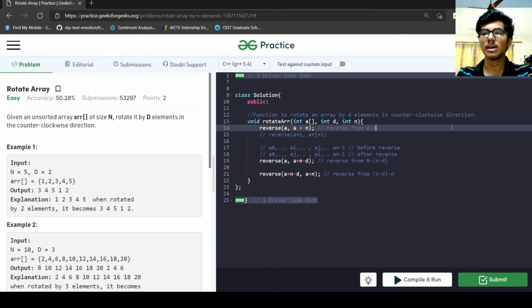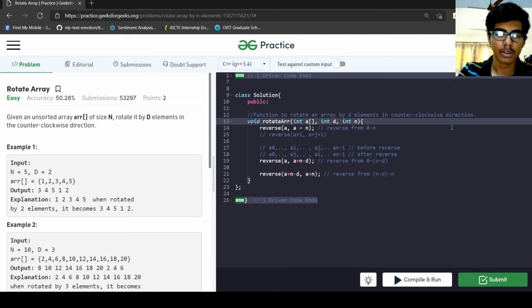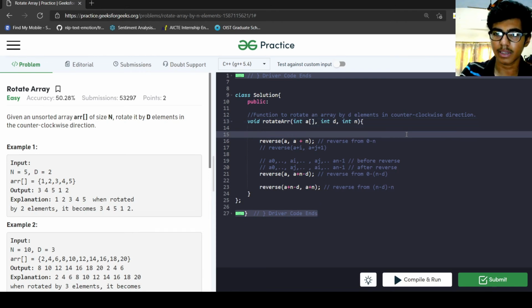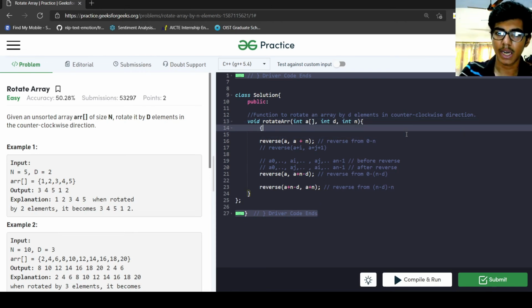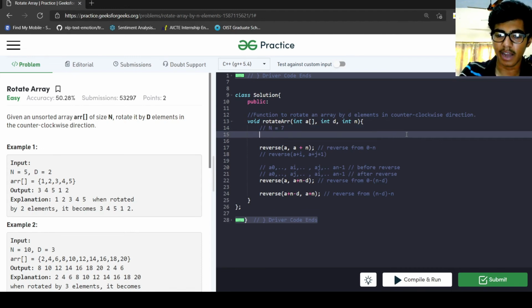Okay, so now let me run the code for you. Let me take an example: n equal to 7, and the array should be the same array we took earlier: 2, 4, 6, 8, 10, and 12.